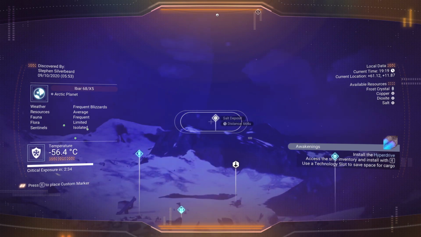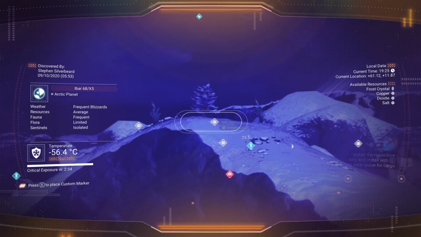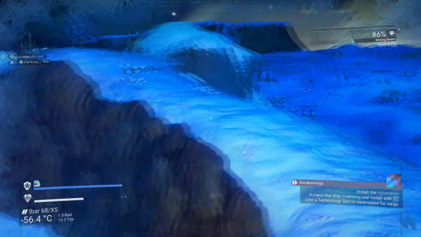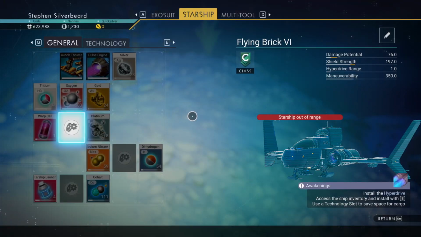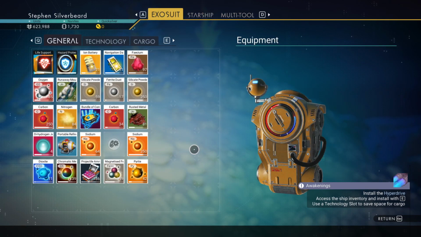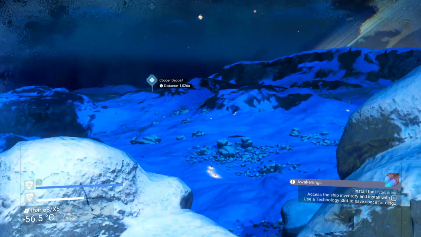What have we got here? We've got salt deposits, damaged machinery, salt. Copper, wow, this is 1,000-odd light years distance away there. Nice loot down there, but I don't have the space because my ship is out of range. Ship's there. The copper deposit is a...